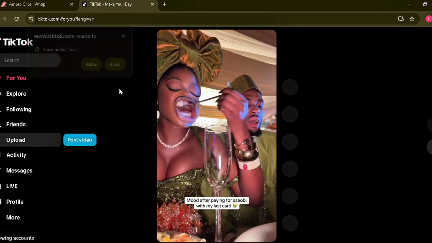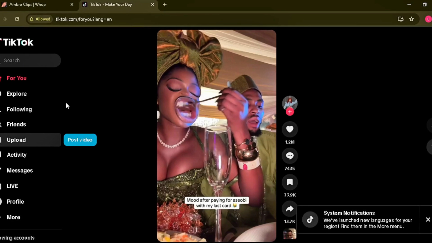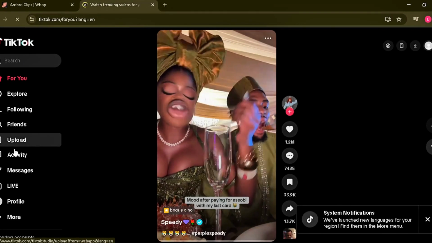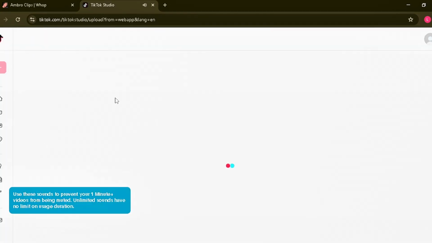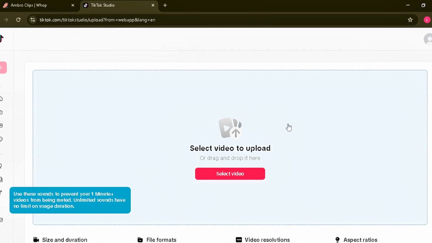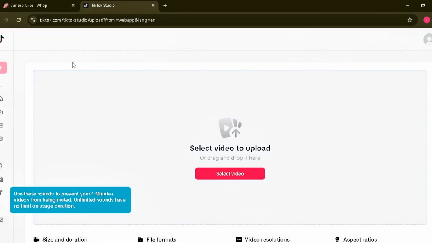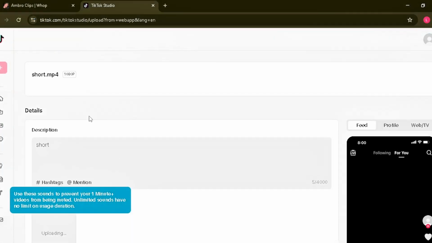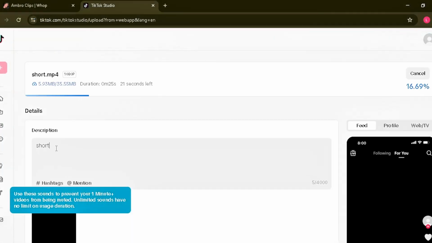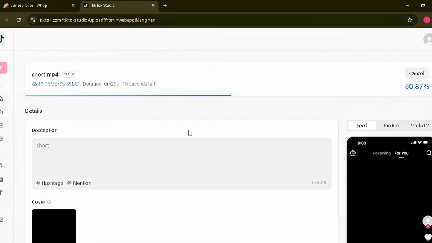Now we're in TikTok. All you have to do now is to start uploading a video. As you guys can see, click on upload. Don't forget, the main aim with this account is for Whop Clipping. So you want to click on select video over here. We're going to select the shot. All right, and then you're going to insert a very nice description. If you don't know how to describe, you can use ChatGPT or whatever AI. Okay, but then I'm just going to say Brody Pilater